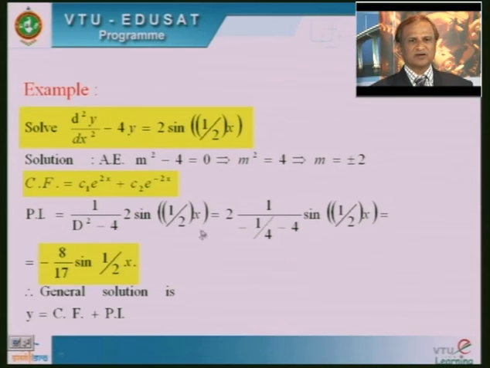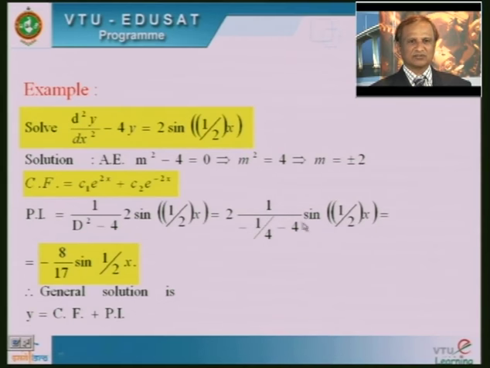Right? So what I have written here is, 2 is constant, right? 2 write as it is, 1 divided by, and I have replaced D square by minus a square. What is the value of a? a is 1 upon 2, minus (1 upon 2) whole square. Is it clear? 1 square is 1, 2 square is 4. That is why I have written here minus 1 by 4, right? And this constant I have written as it is. Is it clear? Right? So that is why you will get 1 divided by minus 1 by 4 minus 4, sine of 1 by 2 x as it is.